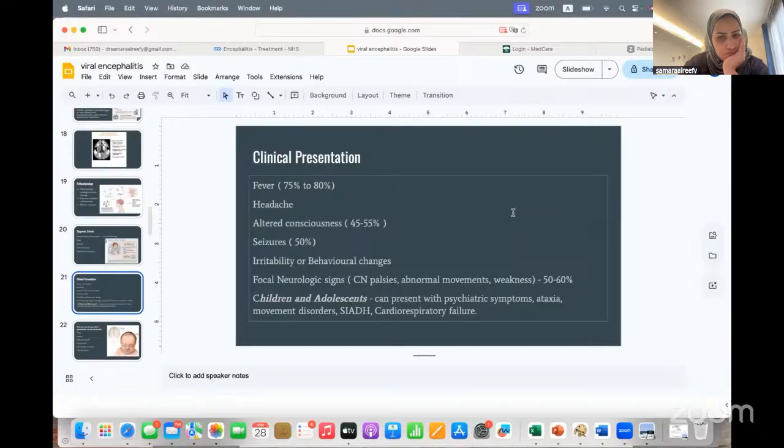As soon as we got this etiological diagnosis, we stopped the acyclovir and all the other antibiotics that were started empirically. It took him a couple of weeks to inch back to normal. He's actually a very smart, intelligent boy. He had some behavioral issues initially, and he was put on anti-epileptics for about a year, and then it was tapered off. Right now, about 2-3 years since this episode, he is completely fine, back to normal without any sequelae.